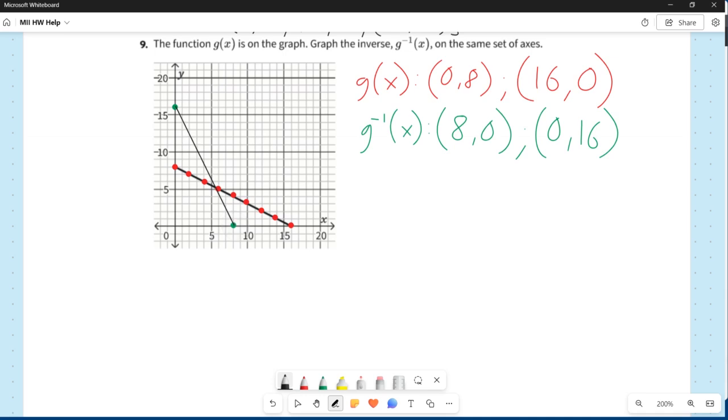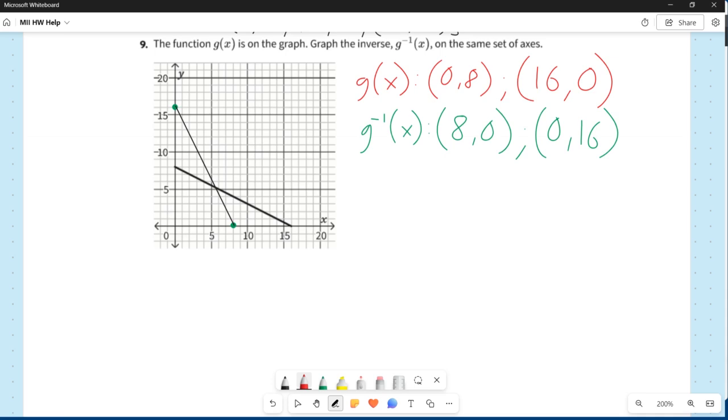Just like that. And we're done. That line that we just drew is the graph of g inverse of x. As a side note, let me get rid of all these dots. As I think we talked about in class, another way to think about the graph